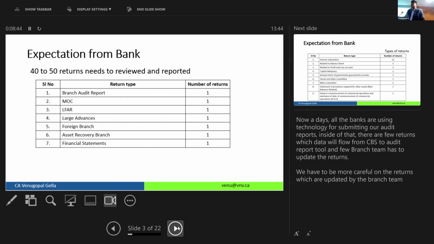Give it on day one because they have to put it into the system and check that the respective security tokens are working, all those things. That's all that is required. No pen, no paper. All your signatures on this are digitally done. Even your audit report is digitally done. The only place where you need pen, paper and seal is if you have a qualification. And the place they have provided for the qualification is a small thing.